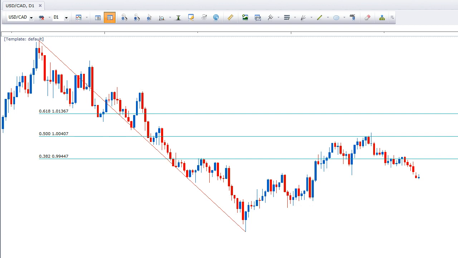Now, first of all, I'm going to set the stop loss about halfway between the fib level that you're making your entry based on, so the 38.2, and the next higher fib level or lower depending on if you're making a buy or a sell. So right in the middle here, maybe just a touch on the higher side to give me a little more room. So I'm going to put my stop loss right in the middle here, and the reason is because I